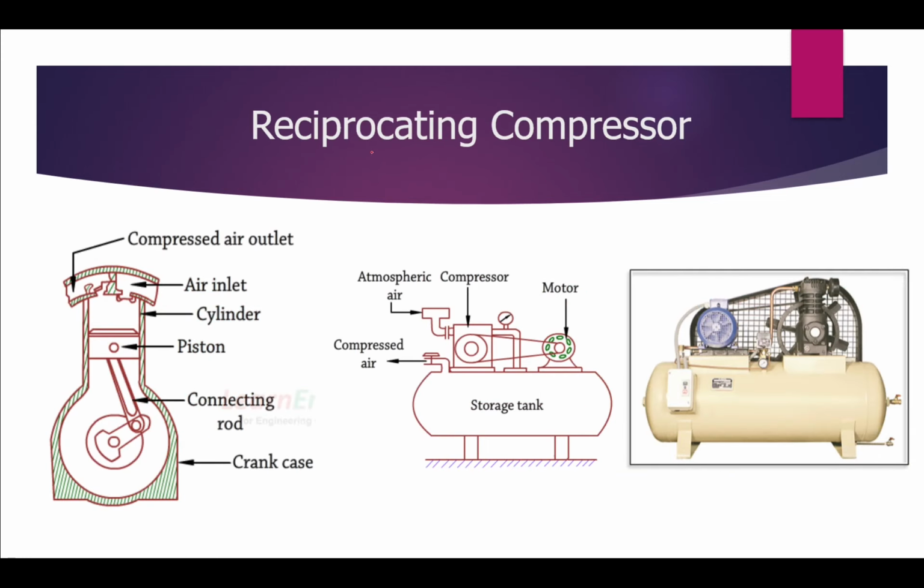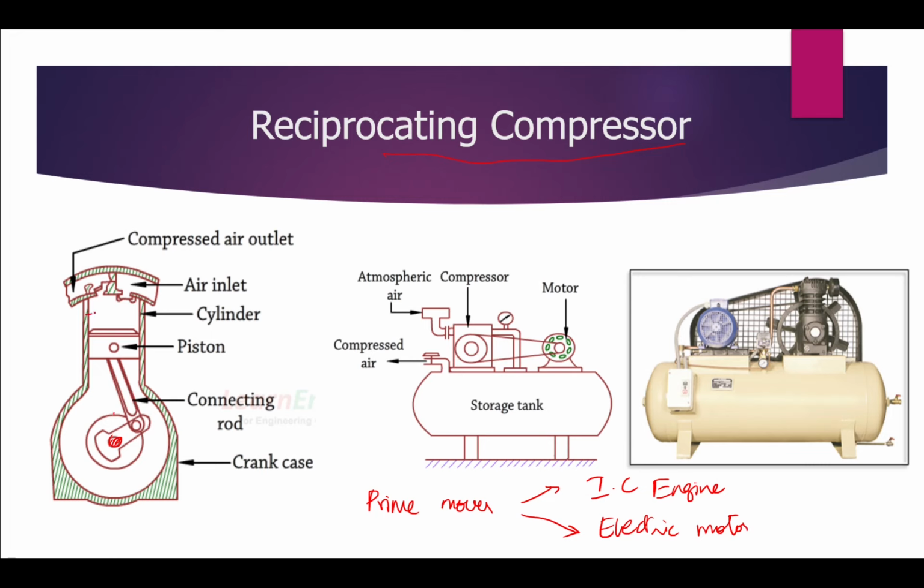So if you look at the working of a reciprocating compressor, here this is the piston, connecting rod, crankcase, and this is the crank. This is driven by a prime mover. Generally there may be a prime mover, means there may be an IC engine which produces the mechanical energy. That mechanical energy will be supplied to the compressor, or there may be an electric motor. So if you give power supply to a motor, it will rotate and that will drive this compressor.